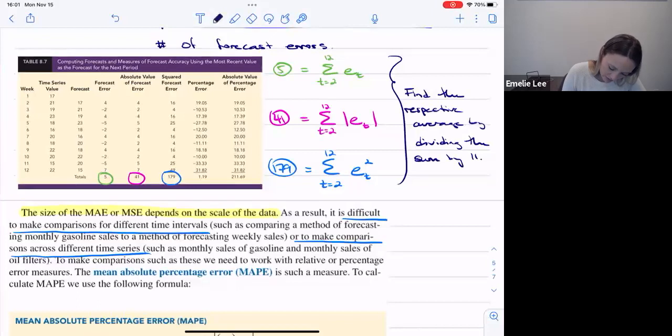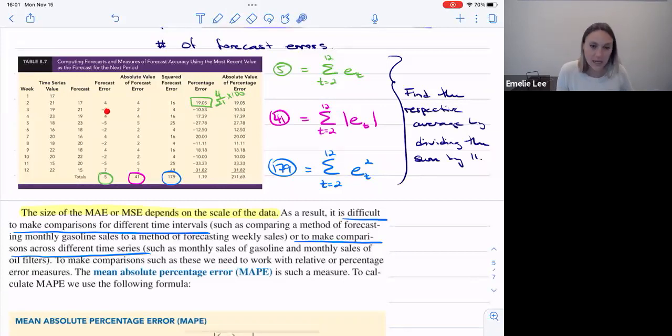So here, this is from 4 divided by 21 times 100. Whoops, that's 1,000. Carried away. Okay, and so you could try it. You could try -2 divided by 19 times 100, and you would get -10.53. Then, of course, to get rid of those negatives, you take the absolute value and then we would add those all up.